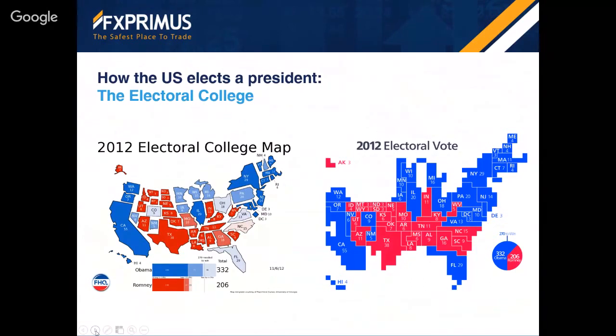So this is what the Electoral College map looks like. The left-hand map shows each of the 50 states and how many electoral votes they get. The blue ones voted Democrat. The red ones voted Republican in 2012. The color shows the strength of the majority that the winning party had. The graph on the right is the same graph, but reshaped so that the size of each state depends on how many electoral votes they get. California has 55. And what you can see is that there are a few very large states, and those states are very important.